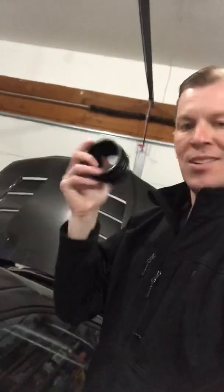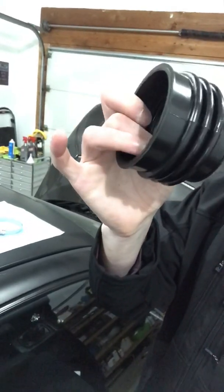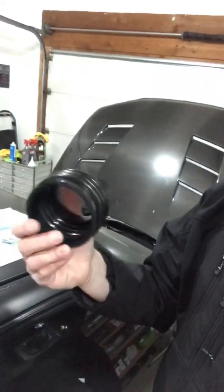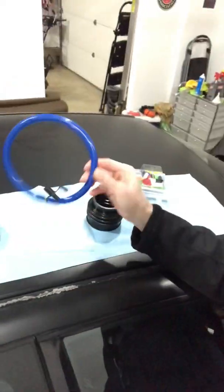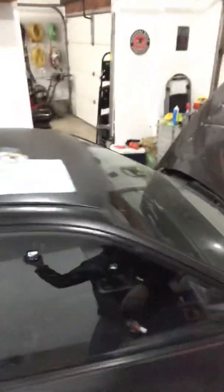In fact, it actually came with this piece here for putting it into the throttle body, but I didn't really like this because if you could see on the inside, guys, it's not very smooth, and that causes ripples in the airflow and a bunch of turbulence that you just don't need. So long story short, I got rid of this. Even though it came with this, and it came with all this extra hardware here, I really didn't want to use it. I don't need this. I think it's ridiculous looking. So anyway,